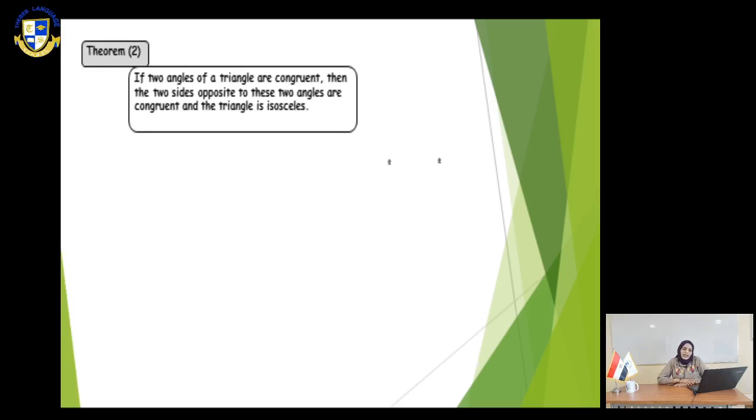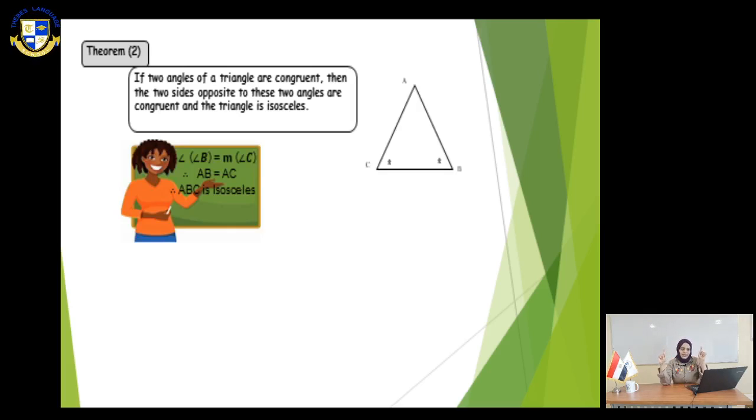Our theorem today: if two angles of a triangle are congruent, then the two sides opposite to these two angles are congruent and the triangle is an isosceles triangle. As we see in our triangle, if two angles are congruent or equal in measure, then two sides are equal in length, so the triangle is isosceles. Angles C and B are equal in measure, so AB and AC are equal in length, so ABC is isosceles